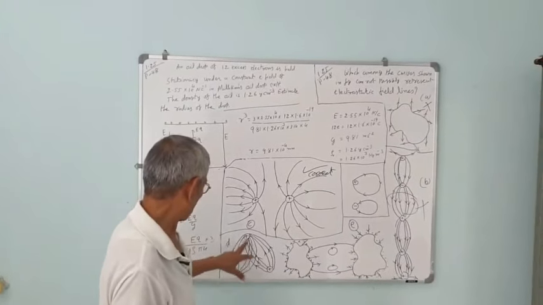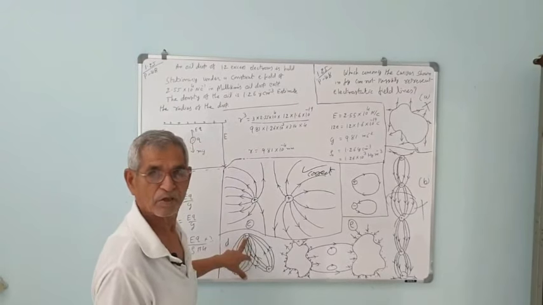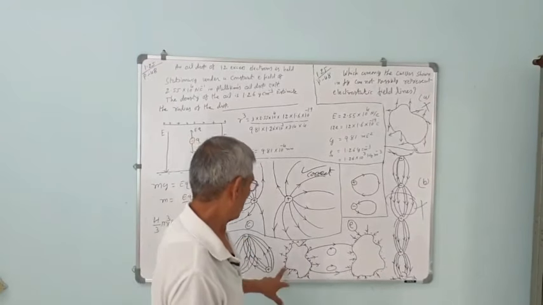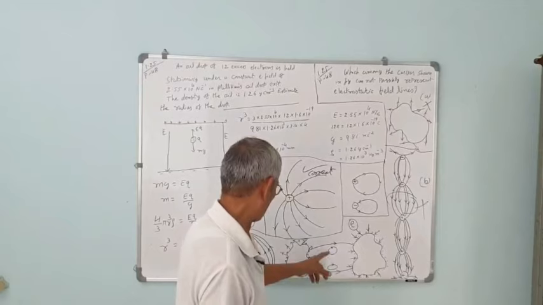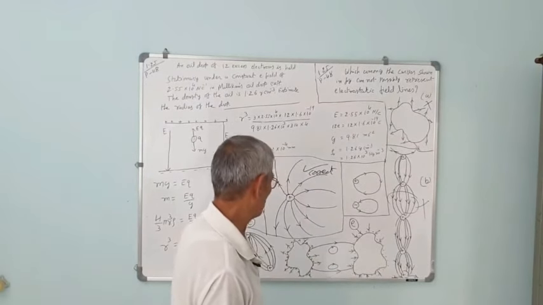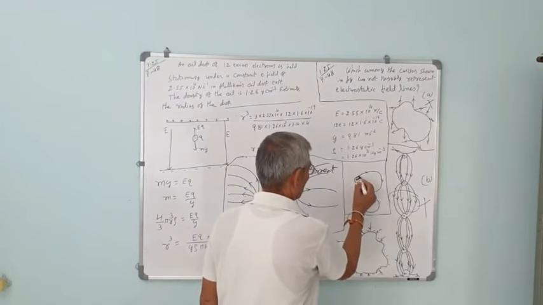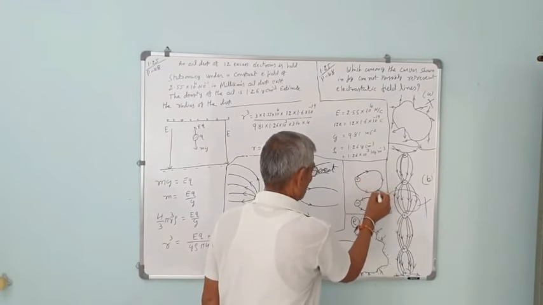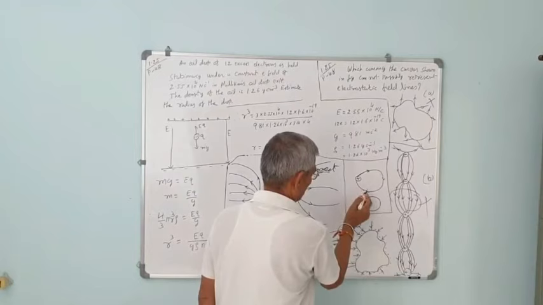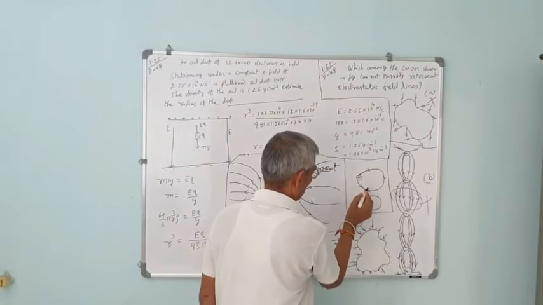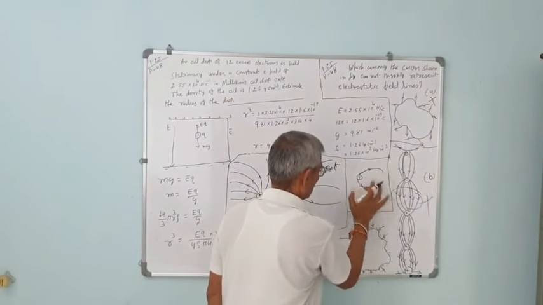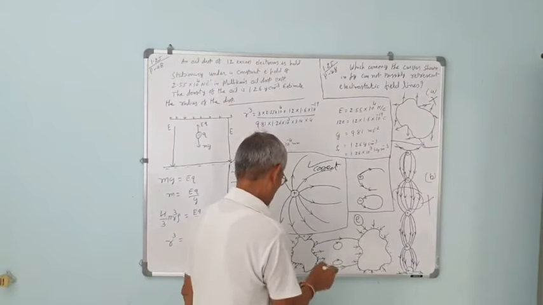Here electric field lines are crossing, that is also wrong. And here electric field lines are forming closed loops, that is also wrong. They cannot form closed loops like this. They emerge from the positive charge and converge to the negative. This is wrong. If it is like this, then it is correct. So this is also a